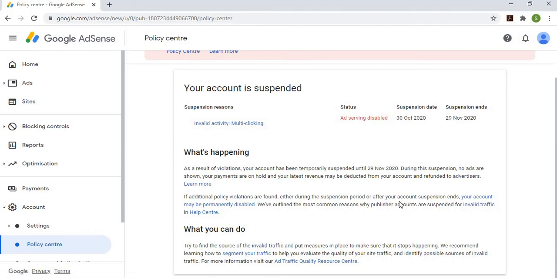Google will block my Google AdSense account permanently.